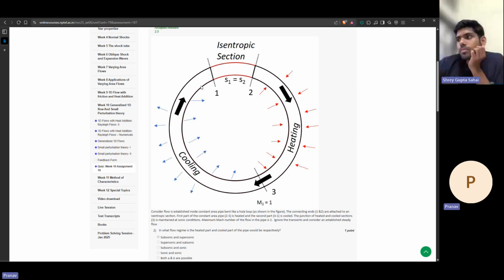Then it reaches section 1. Now it has to suffer a normal shock inside the pipe, so as to get the subsonic region inside the isentropic section, and also at section 2, again at the inlet. So it's like a cyclical flow, so the continuity is maintained. Why I said this normal shock was